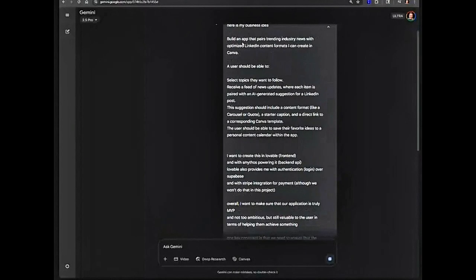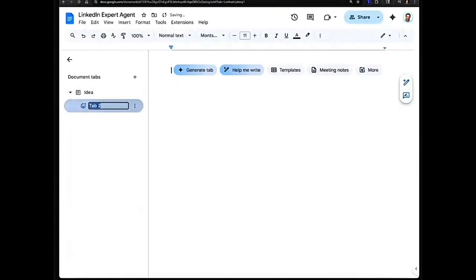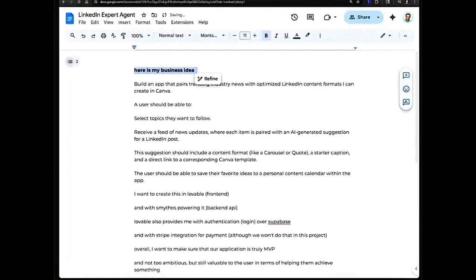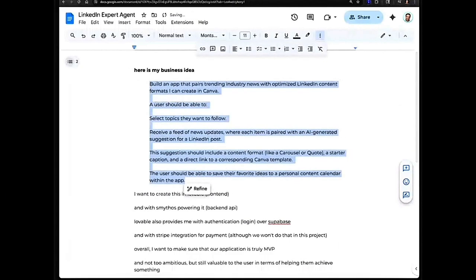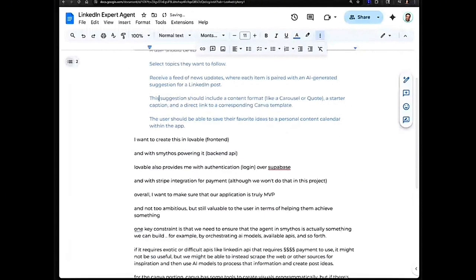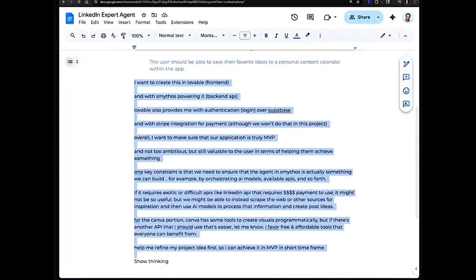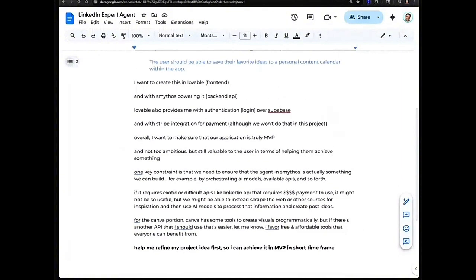So this is my prompt. I'll copy this and I'll put it underneath here. Okay, so let's analyze what I just did. Here's my business idea. This is your text that you provided. And then this here is things that I wrote to clarify to Gemini to understand how we want to achieve it. And the clear ask is, help me refine the project idea so I can achieve it in MVP in a short time frame. So I want to create it in Lovable and